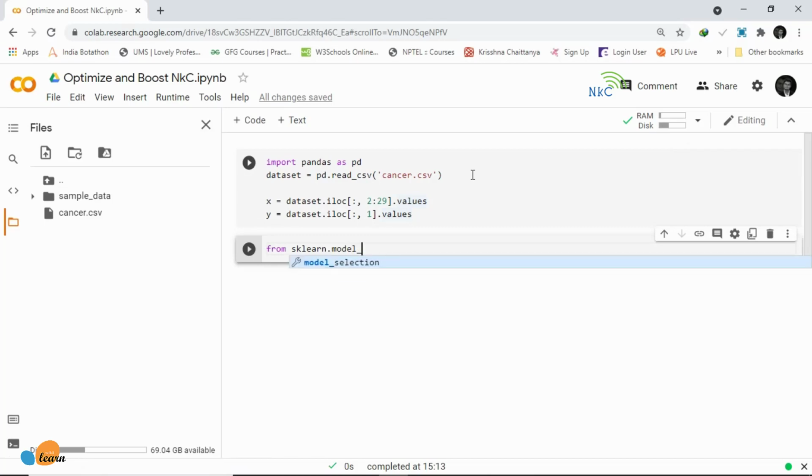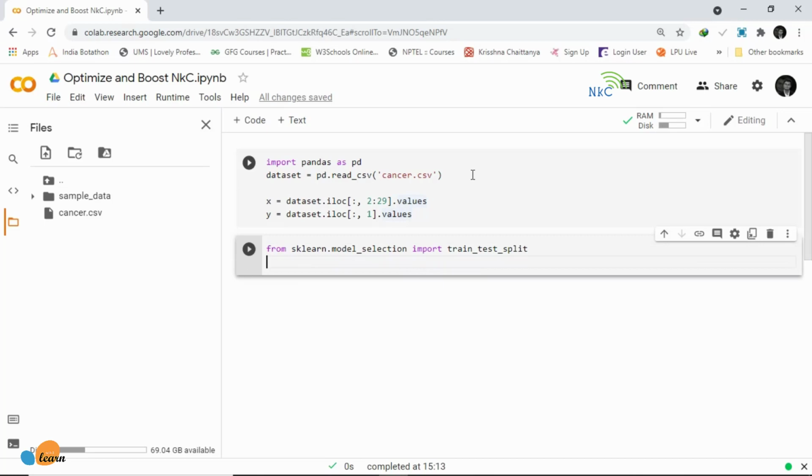So we will say from sklearn.model_selection we are going to import train_test_split, and we are going to say X_train, X_test, y_train, y_test equal to train_test_split, X comma y, and we will set test_size equal to 0.2. So we will have 20% of the data set aside for testing. Okay, so run.